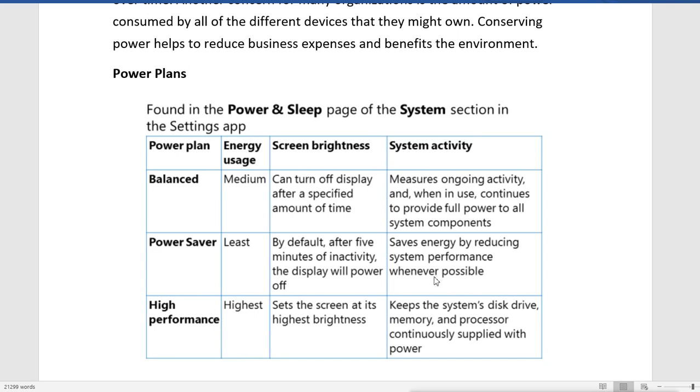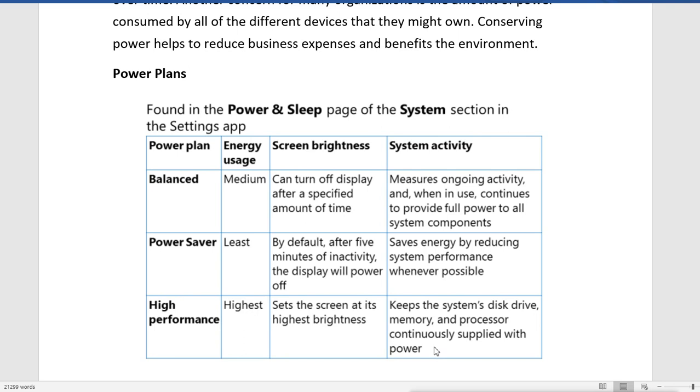When you use high performance, that means your energy use will be highest. This we use mostly when you play games and use heavy applications, which require higher energy, so you can use high performance. This sets the screen at its highest brightness and keeps the system disk drive, memory and processor continuously supplied with power.